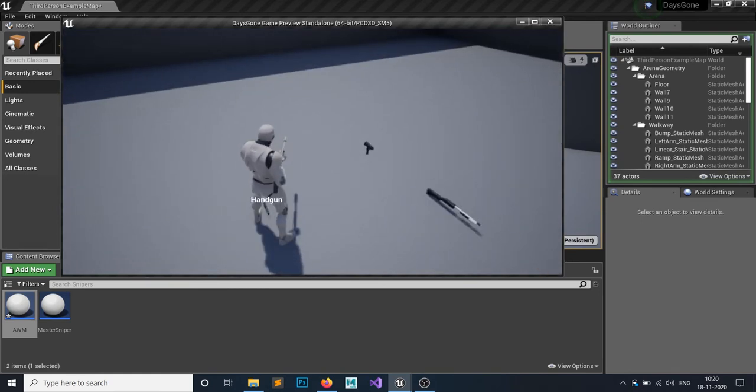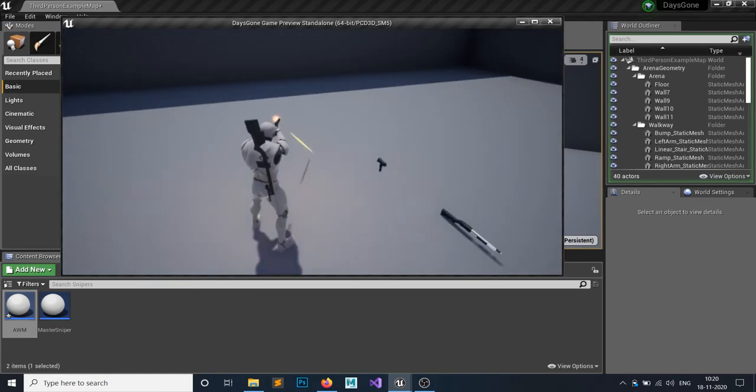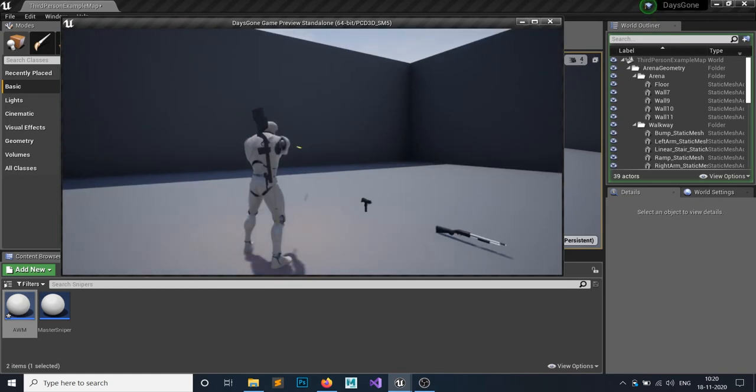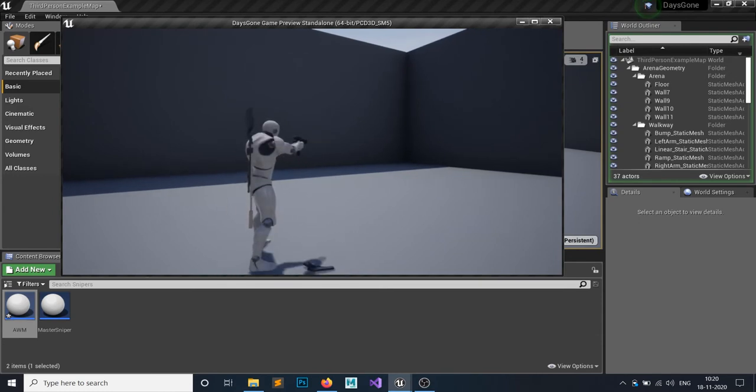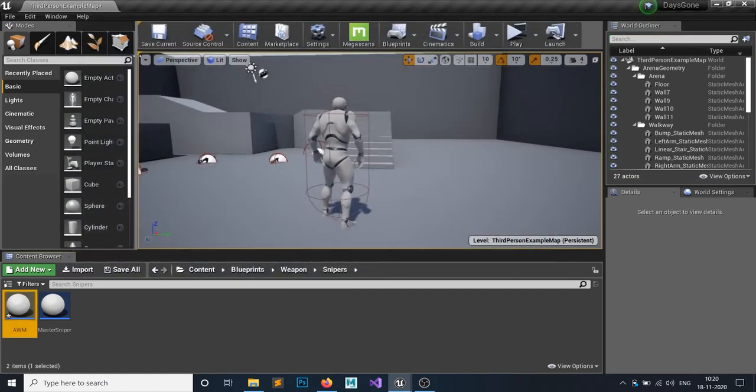Okay, now for the handgun, as you can see it is working fine for my handgun, but this is my Uzi gun, and Uzi guns fire like an assault rifle, but it is not firing as an assault rifle. As you can see, it is firing as a single shot.